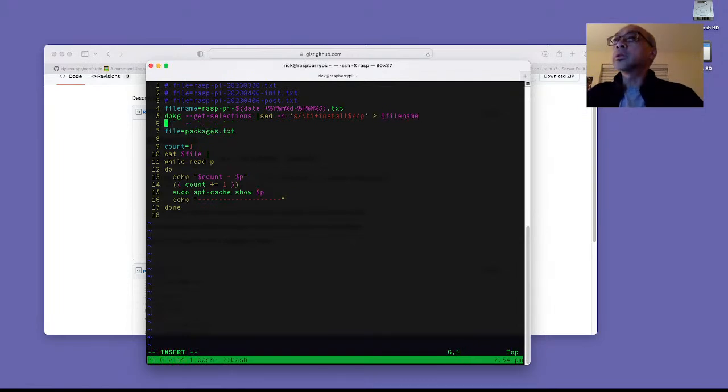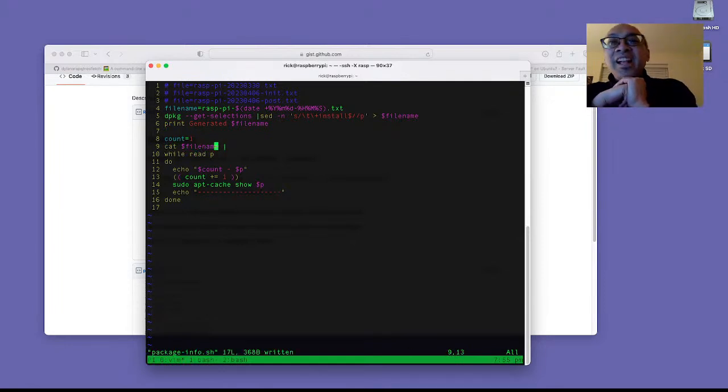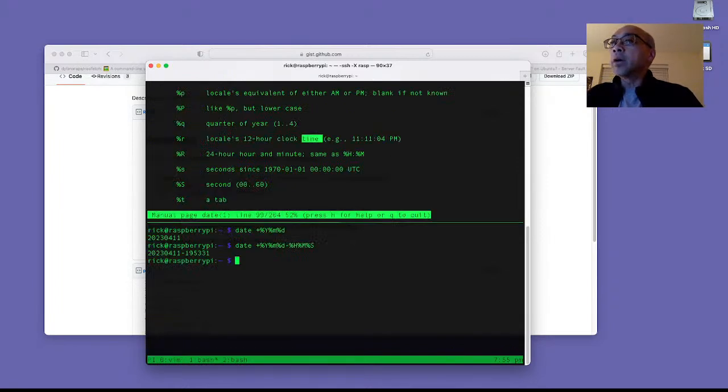And we'll put this into something like this. We'll announce it. We'll say print generated file name. And then we'll just do it like this. See that? Now, this script is going to take a long time, so for testing, I will just omit this line. And when I run this script now,